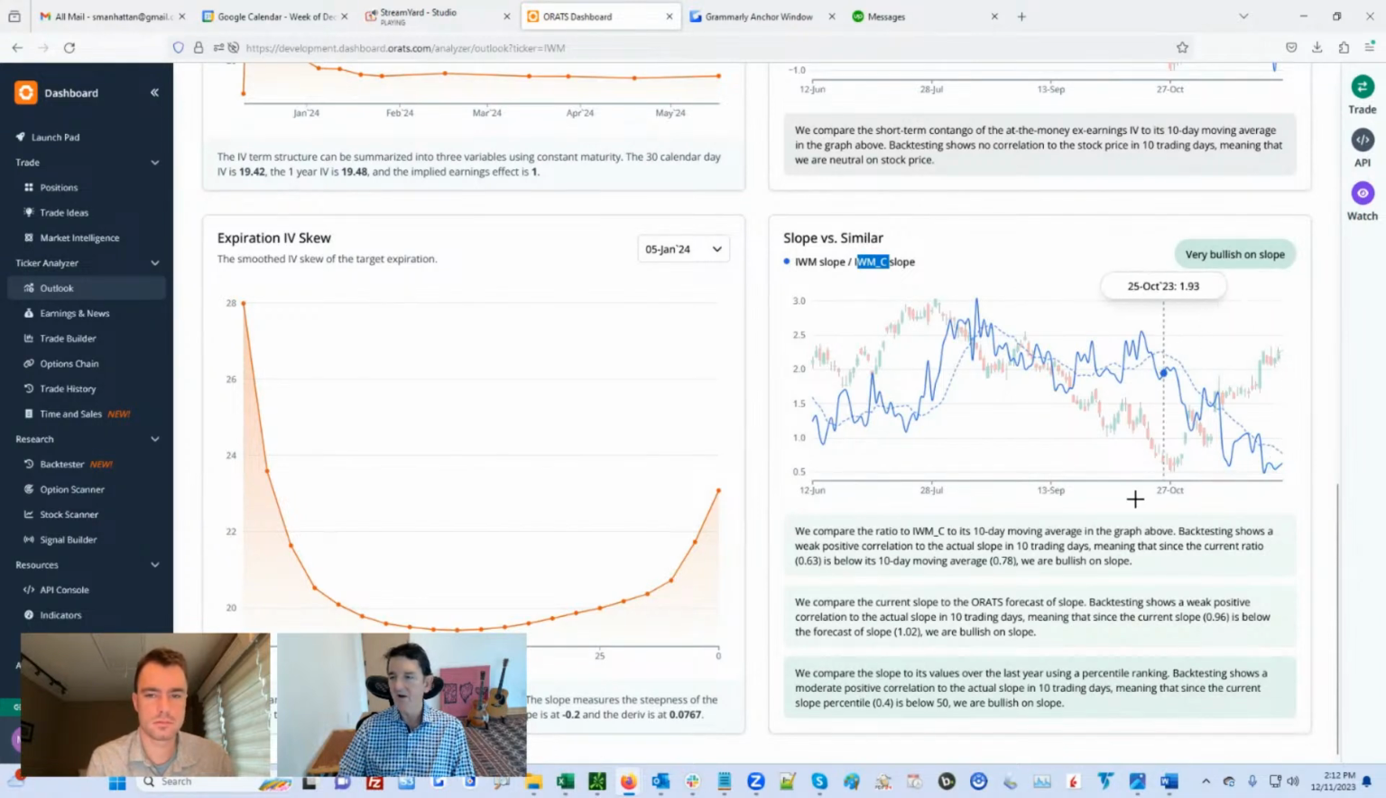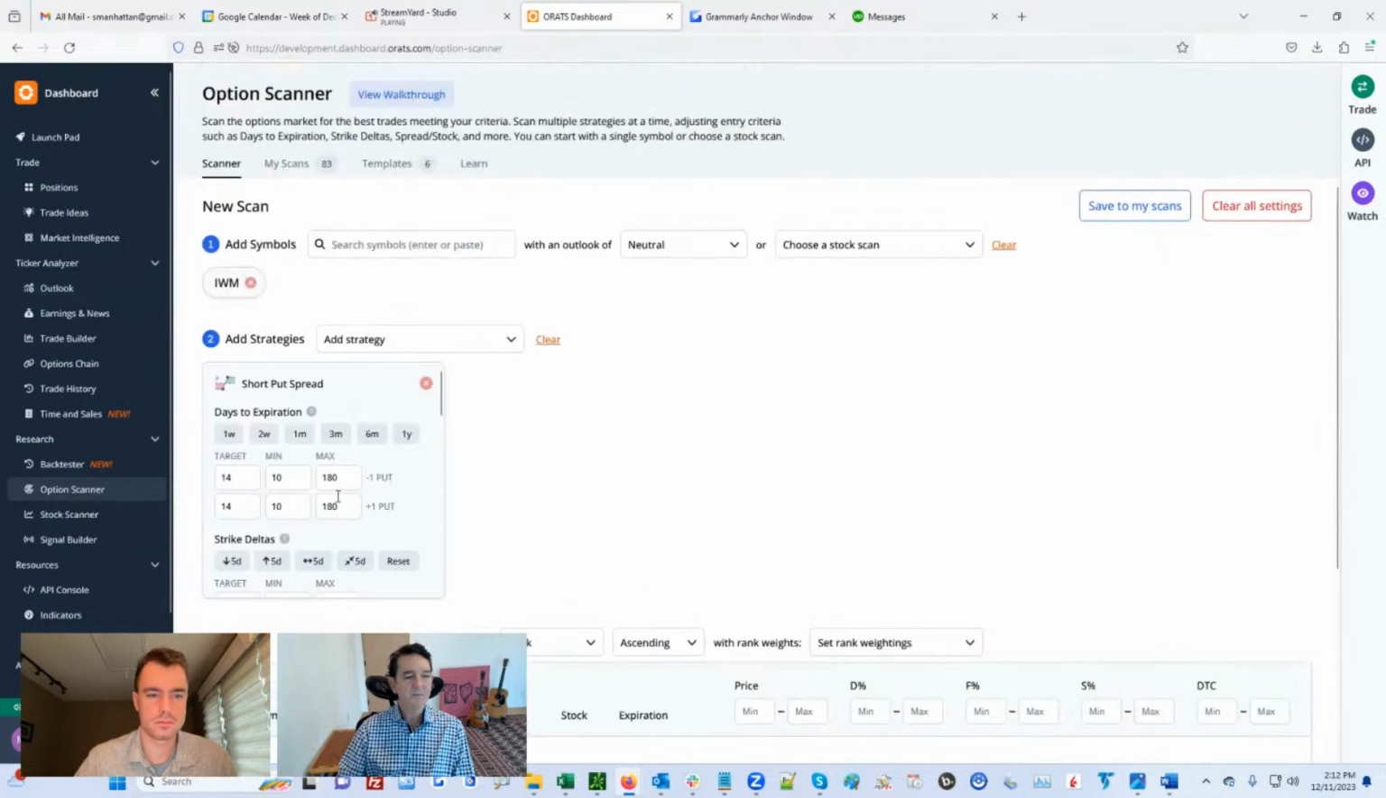But as you can see, it's very low. And we don't normally say very bullish, but we've said very bullish here because everything is saying that this is extremely low slope in IWM. So now in order to find the actual options that meet that criteria, I'm going to go over to our